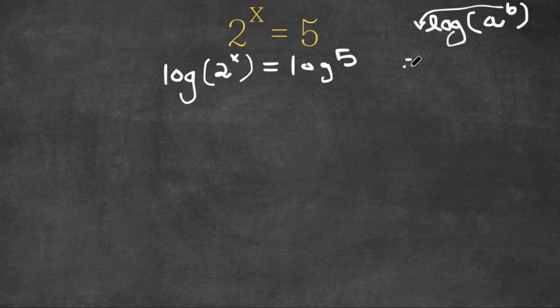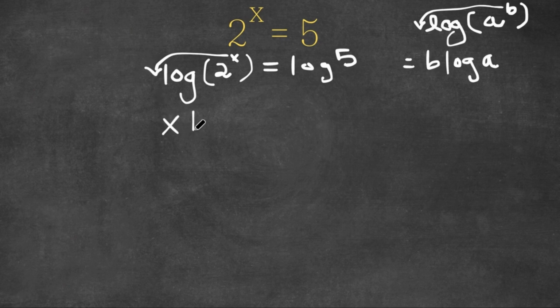This means that this would equal b times log a. So as you can see, we have log 2 to the power of x, and we can actually move the x to the front of the logarithm using the power property of logarithms. So now this would equal x times log 2